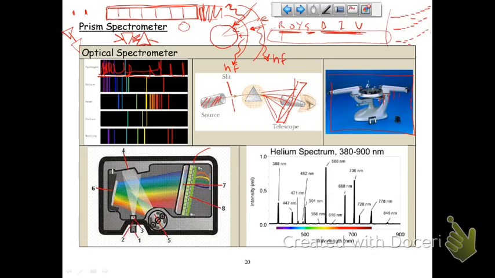And so we can just look, and the computer will tell us, oh, that's hydrogen, that's helium. It's just the principle is the same. The technology is improved because of materials, basically. So we can have the helium spectrum, and we can have all this stuff. We can figure it